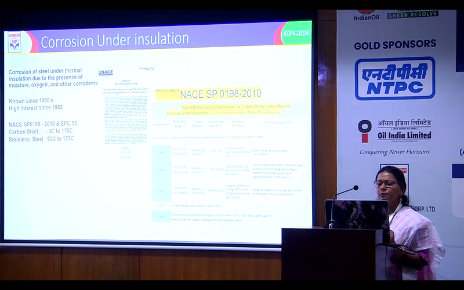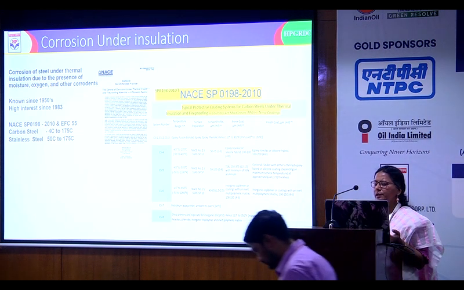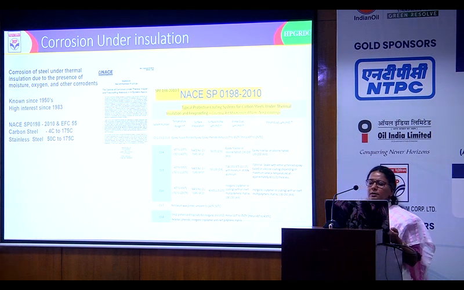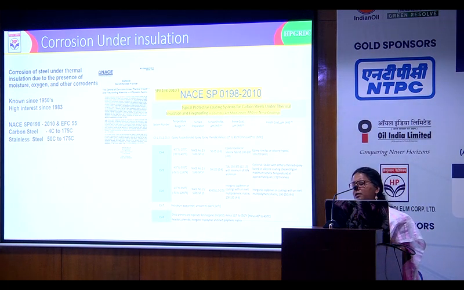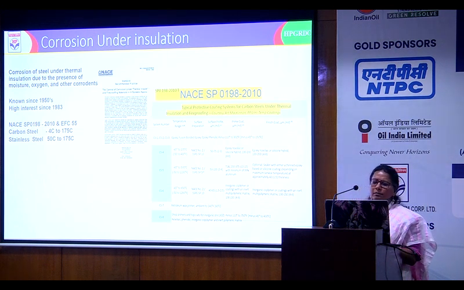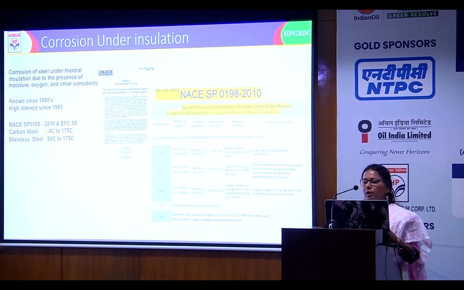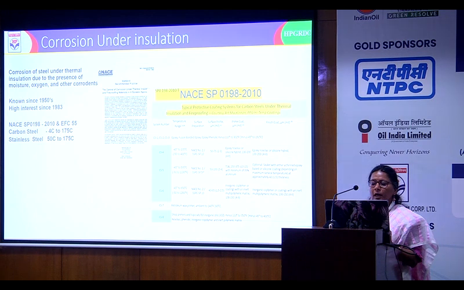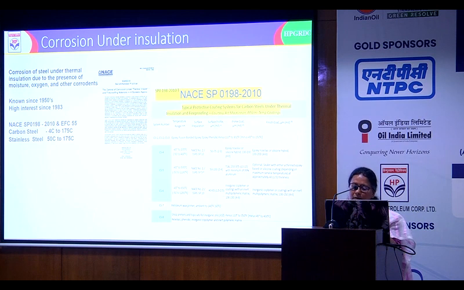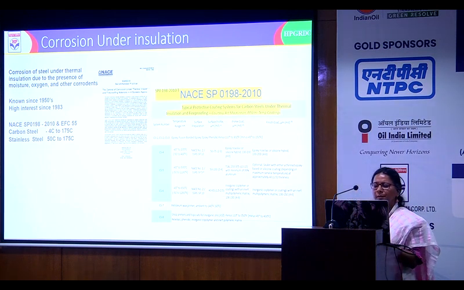Then for higher temperature, we go ahead with thermal spray aluminum. Again, it's debatable whether it has to be a sealed coating or it can be directly thermal spray aluminum. It's again a sacrificial type of coating, so it will also corrode to some extent. Then for even higher temperatures, there are metal matrix polymers available, and there are various producers and manufacturers for this type of coating.